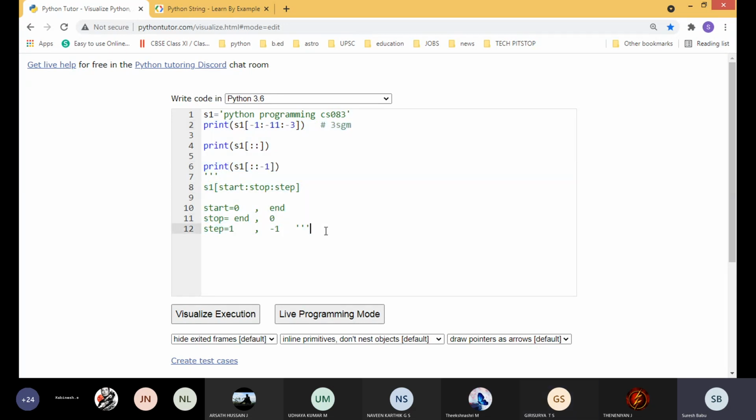So kindly practice with some other characters. Okay, just give your name in the string and practice. Your name, your parents' names, relatives, brothers, everyone's name you can give here and practice. Make some fun. Okay, so that's it about today's class. Kindly practice it. Then we will see the remaining chapters in the next class.